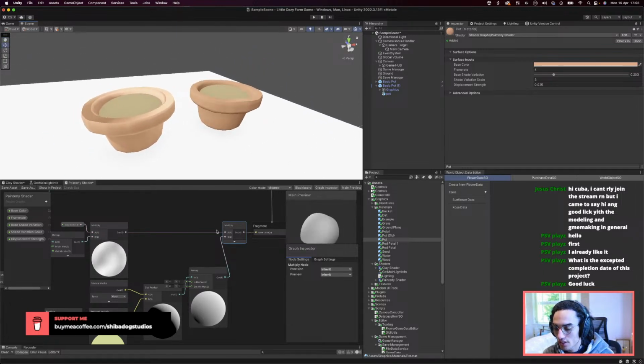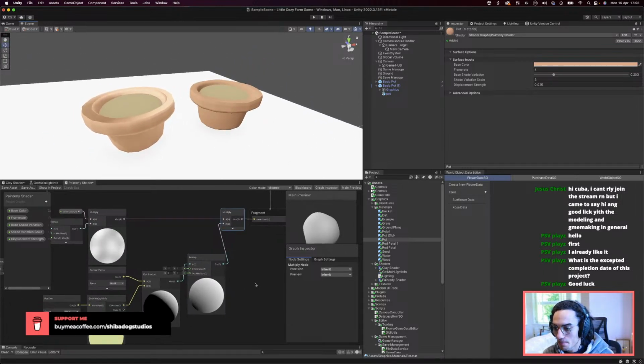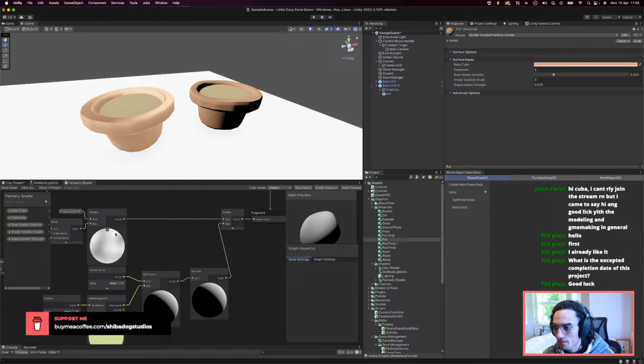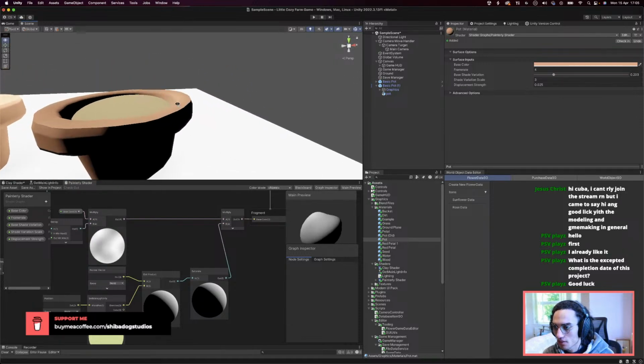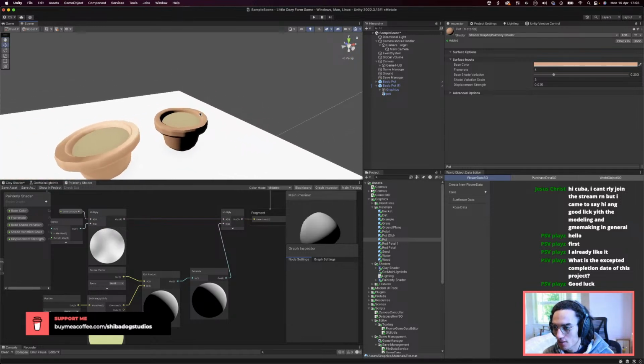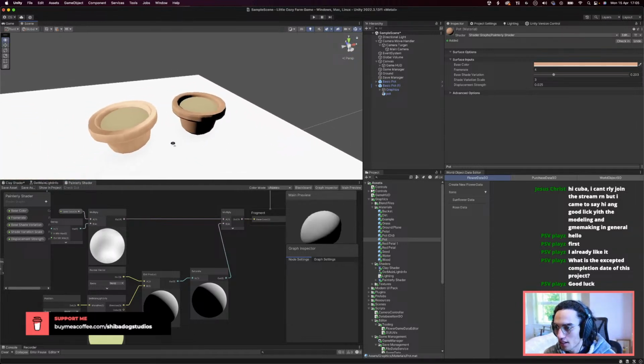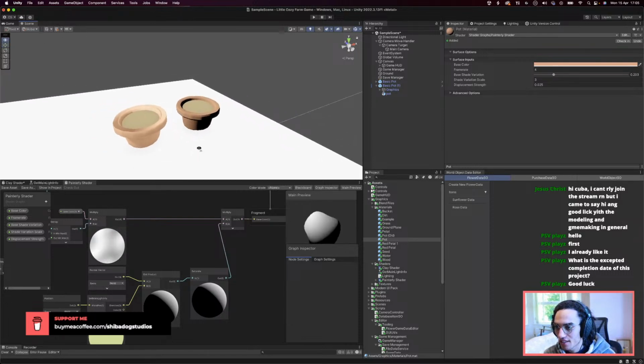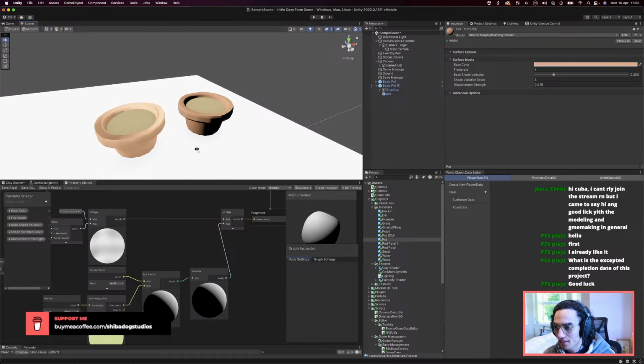Maybe I don't think I want to remap it. Do I want to saturate it? Yeah, there we go. Now we are getting foreshadow in some places and not in others. Fantastic. So what we've effectively done is recreated the simple lit shader